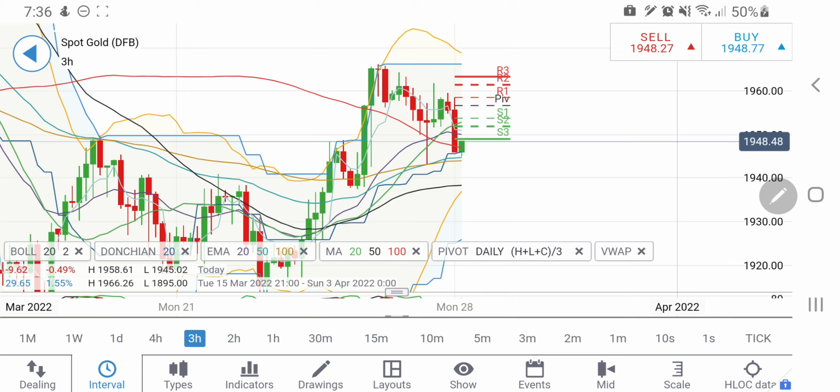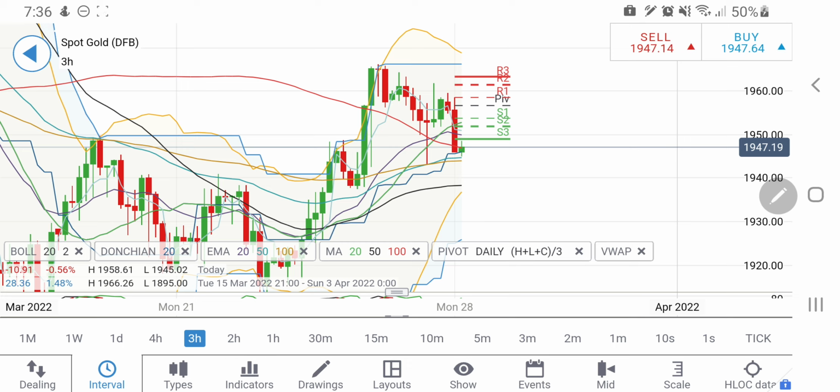So in sum, it appears that it might trade with a bearish bias till the time it is below 1960 levels. Any rise, till the time it is below 1960, up to 1955, 1958, you can again try to enter a short. Possibly it may try to come back again towards the 1945, 1947 zone, and if it breaks 1940, then yes, you can expect 1940 levels and 1937 levels also. So yes, there is a bearish bias, but only till the time it remains below 1960.